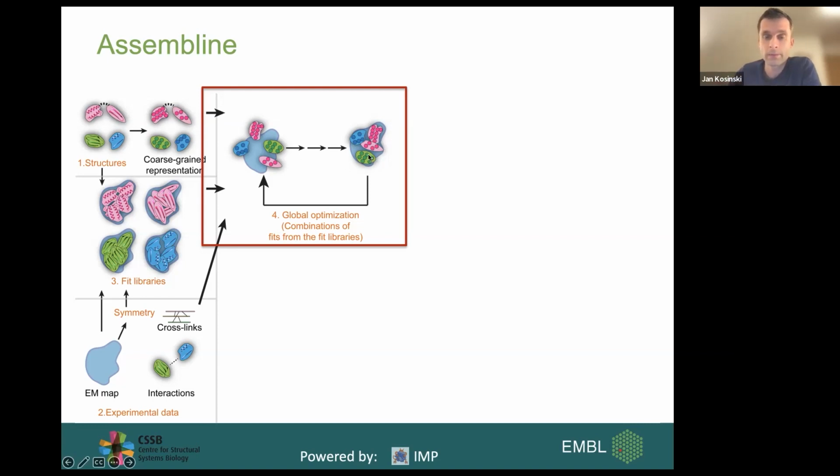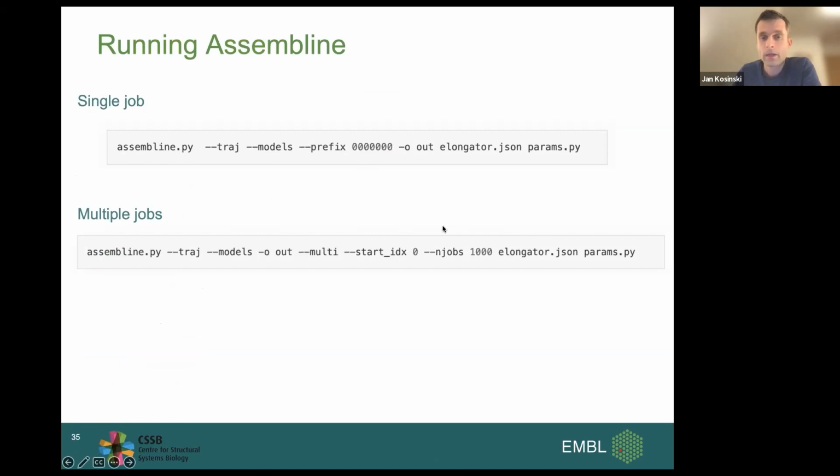This is all coming in our input table. So this procedure is optimizing the total score that is derived from these p-values and other restraints like crosslinks. And because there's no fit recalculated, this is very fast. And how you run it, again, all the complexity is hidden in the parameter files.